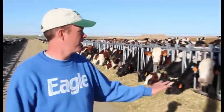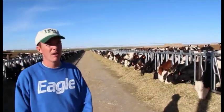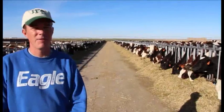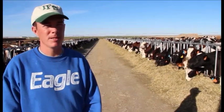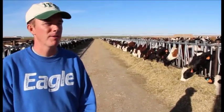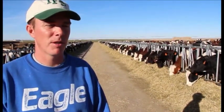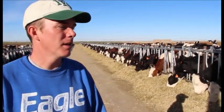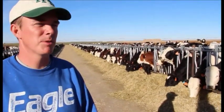This is a pen of 400 heifers. They're all pregnant. Those with the blue ear tags are actually carrying Holstein embryos. At our other dairy, about 50 miles away, we have a 600 cow dairy where we do have some purebred Holsteins, some with very high genomic numbers, and we're doing a large amount of embryo transfer and IVF. We have several cows being IVF'd in Wisconsin, and then the eggs are being shipped here and put into the crossbred heifers. So that's kind of a secondary income stream for our operation